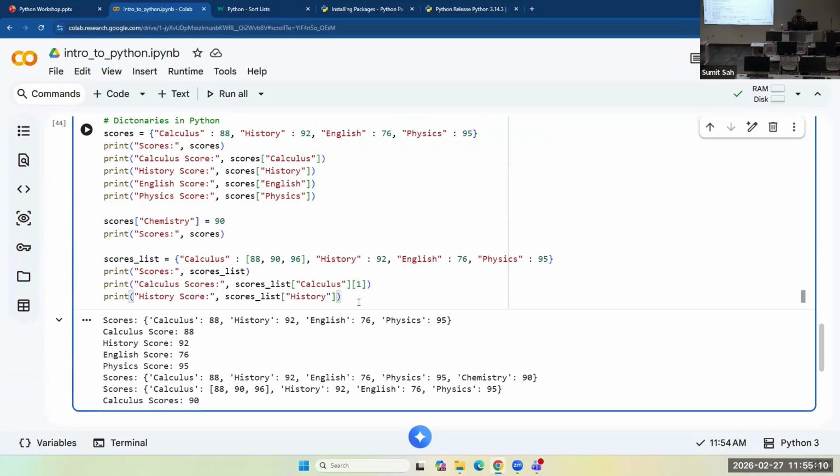This is important even for data analysis. Whenever you are importing data into your Python notebook, it converts into a dictionary. That's why dictionaries are so important in Python. Your data is nothing but columns and rows with some values. Each column is like a key, and each key is associated with a list of numbers or whatever data it is. So dictionaries are important.